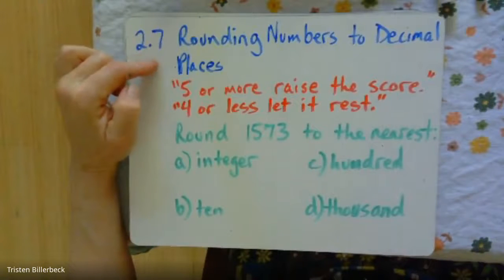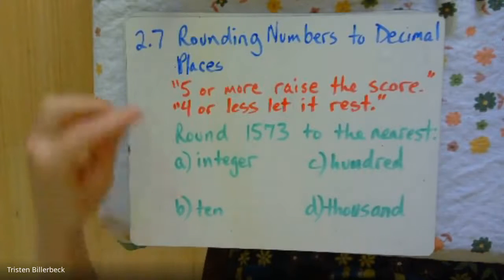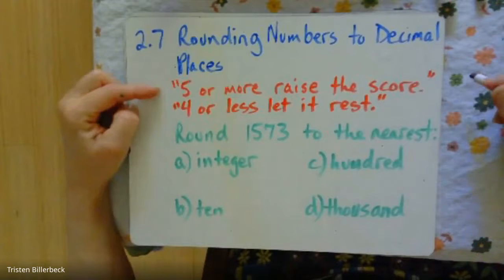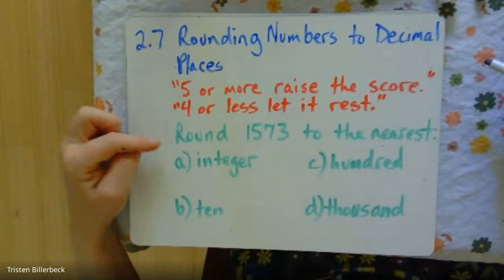So 2.7, rounding numbers to decimal places. All right, so if we remember: 5 or more, raise the score. 4 or less, let it rest. So let's round